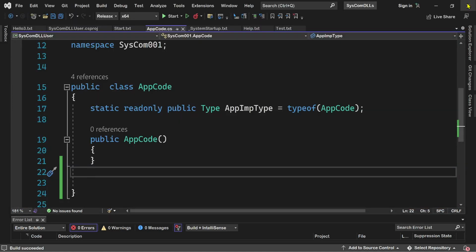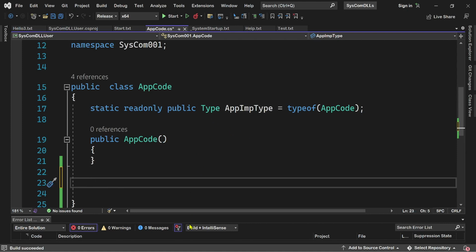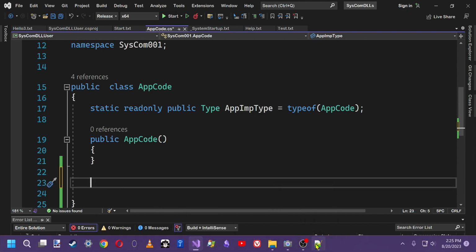Now, we could add a command by simply adding a function to this class called appcode. When we add a function to this class called appcode, we end up with